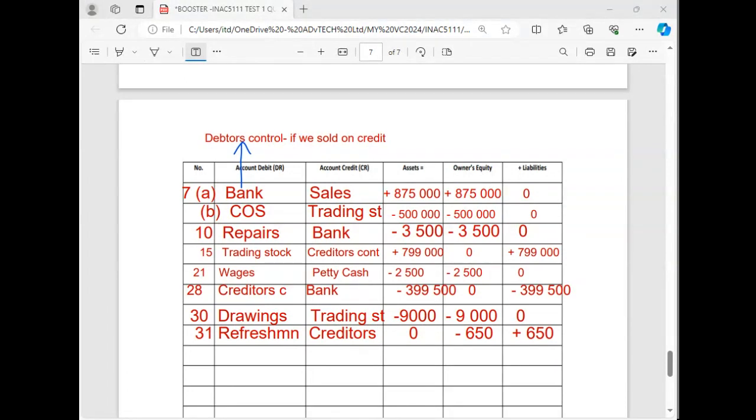Yes. Okay. I just want to ask the last question. I can hear you. In the last one, 31, I'm a little bit confused with owner's equity and liability, with the refreshment and credits. Is it a must that it must be a minus sign and a positive sign? It cannot be like negative and negative. Can you please explain?